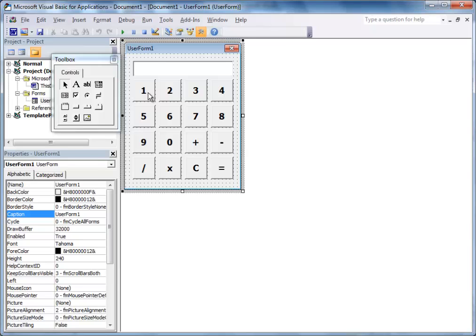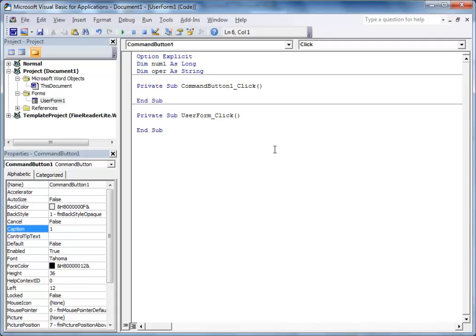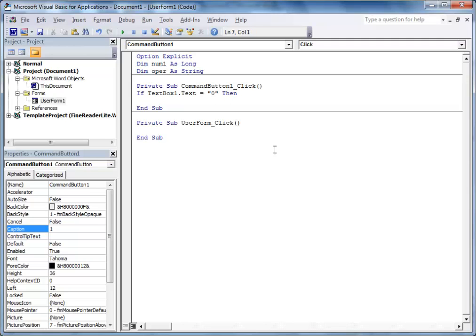So I'm gonna double click on that and just say using the if statement, if text box one dot text, okay, equals 0, then text box one dot text, yeah, dot text equals speech mark 1, close the speech mark, and I can just say